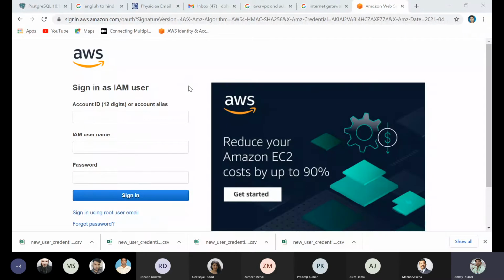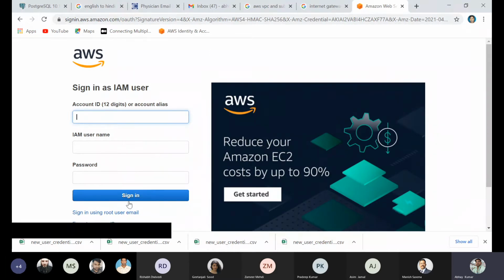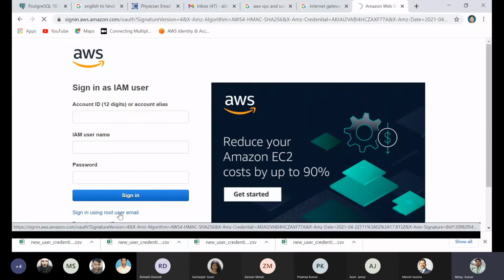There is a definition: a security group acts as a firewall for the associated Amazon EC2 instance. It's just a mediator between your EC2 instance and the internet. How your inbound and outbound traffic will interact with your EC2 through the internet, that is the security group. So I will show you how to create a security group for your EC2 instance. Again, here showing the same. I'm going with my root user only.